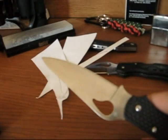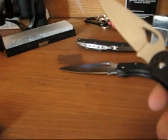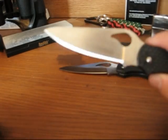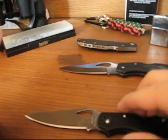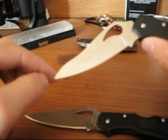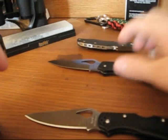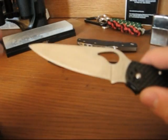I mean, look at that. Just cutting curls of paper with this thing. It is a sharp, sharp, sharp blade. It's amazing. I was astounded by the sharpness of this thing out of the box. Way better than my Byrd Cara Cara 1. Much better sharpness. This was still really sharp, but this is literally a razor blade, and it was not a